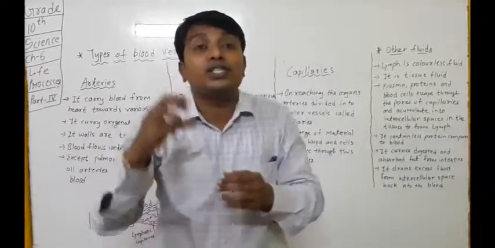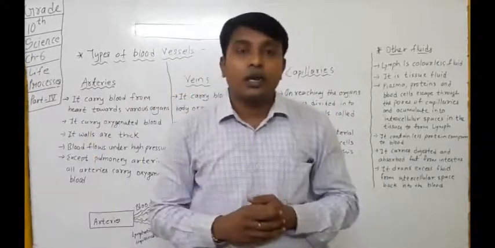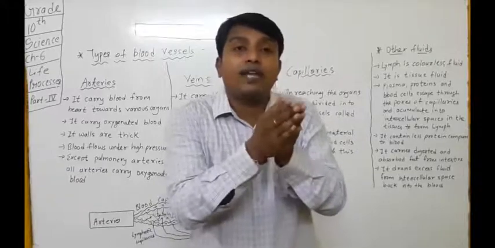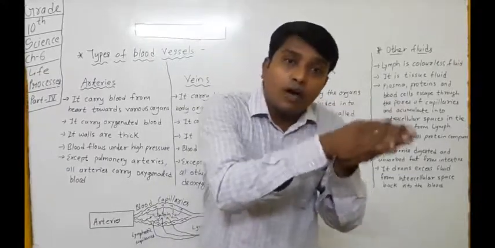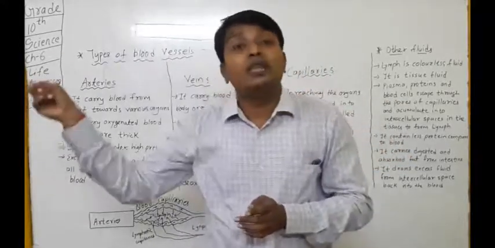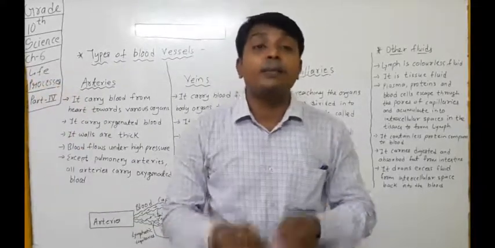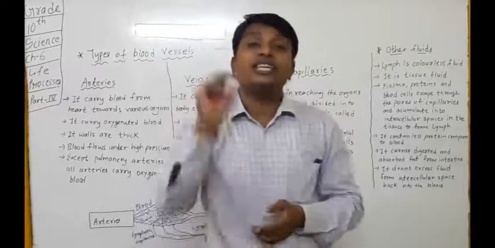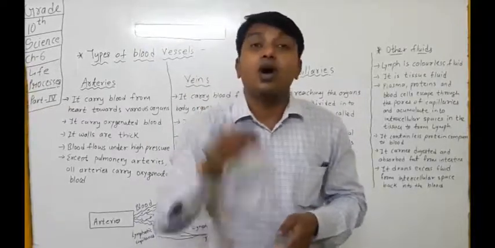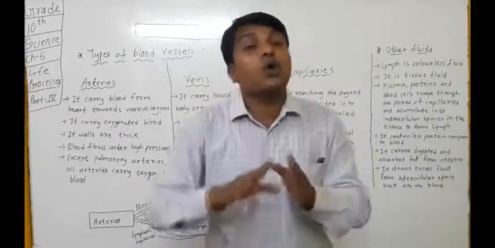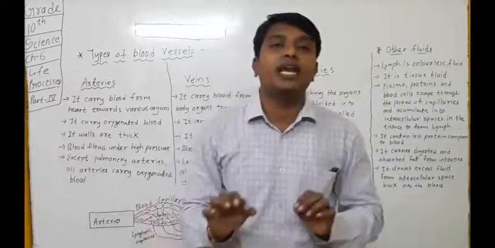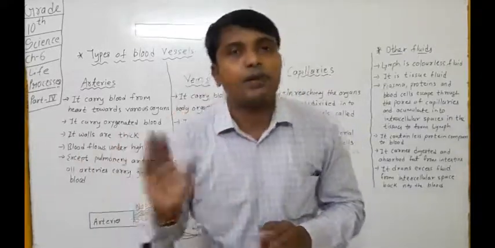Pure means oxygen containing blood, O2 blood. So that blood is carried from lungs to the... where do we take it? To the left atrium by the pulmonary vein. So that is the only vein which carries oxygenated blood. Otherwise, all other veins in our body carry only deoxygenated blood.